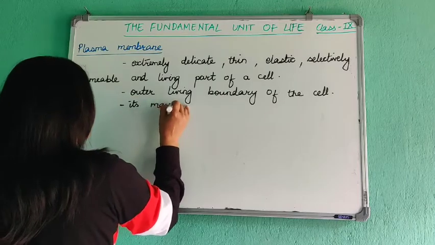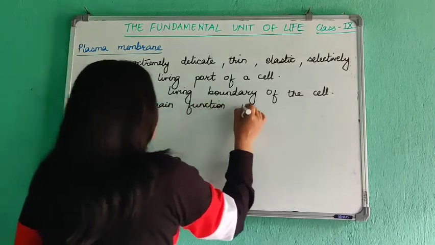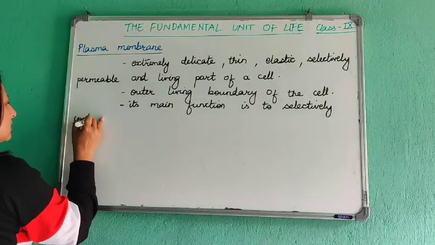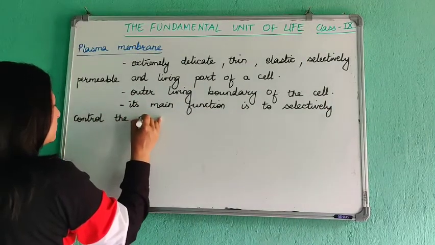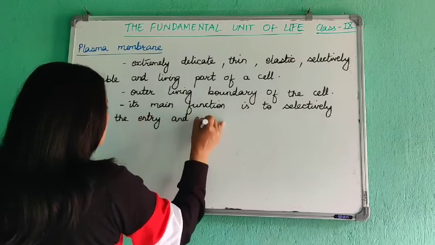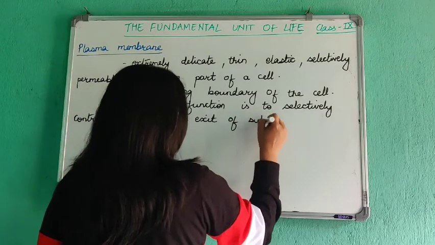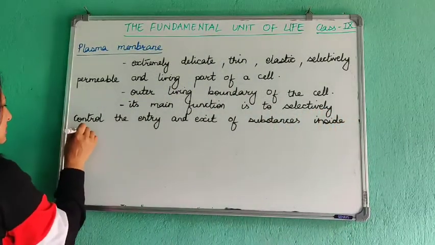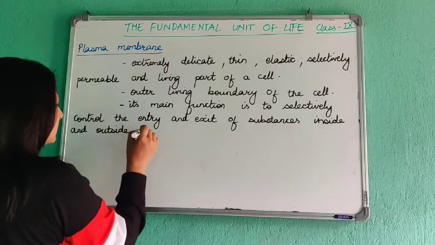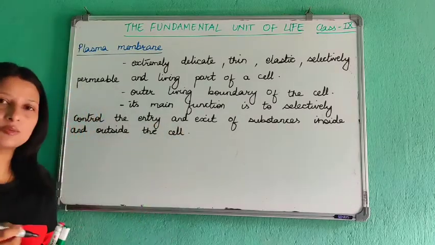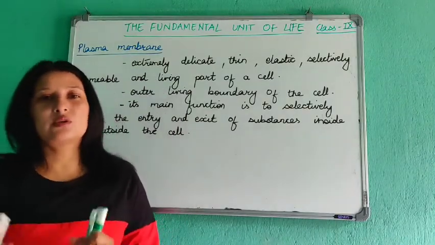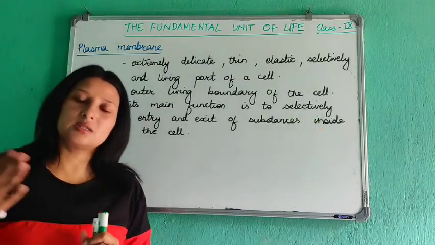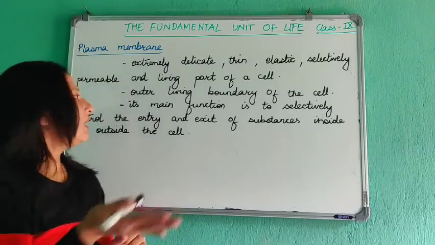its main function is to selectively control the entry and exit of substances inside and outside the cell. So यसले के गर्दो रहेछ भन्दाखेरि चाहिँ it allows substances to enter into the cell, and it also allows substances to go out of the cell, but while allowing it, it selectively allows select गरेर मात्रै certain substances लाई मात्रै enter पनि गर्न दिन्छ बाहिर निक्लिनु पनि दिन्छ त्यही कारणले यसलाई सेमी